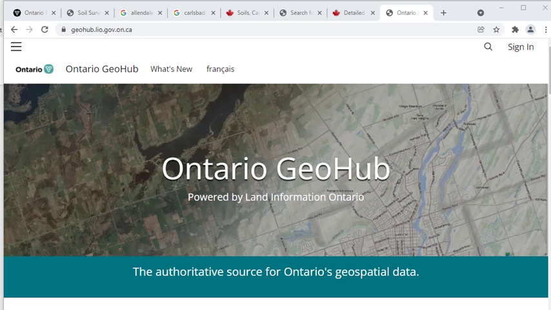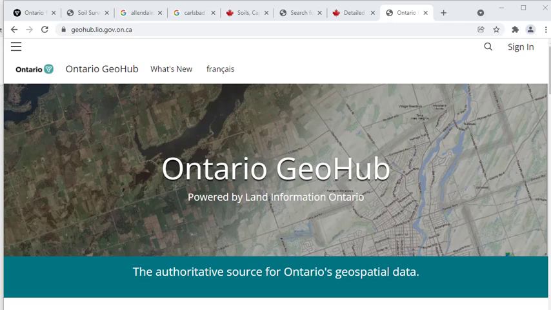This is the GeoHub of Land Information Ontario. They have the best combination of resources for searching through and finding GIS data sets and imagery.